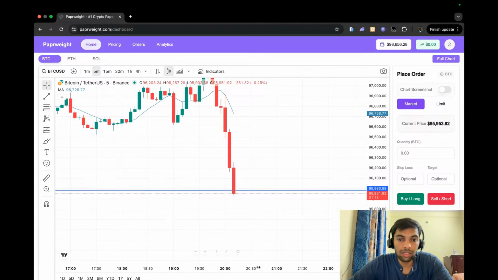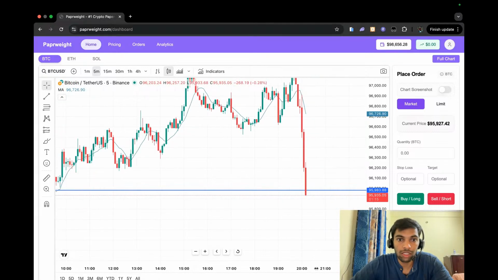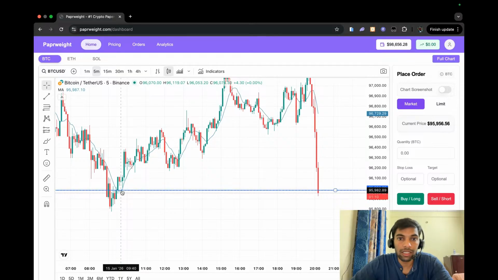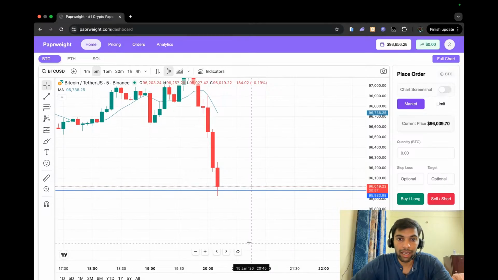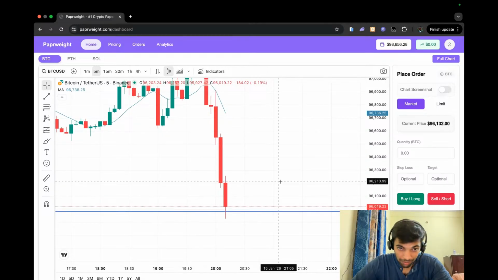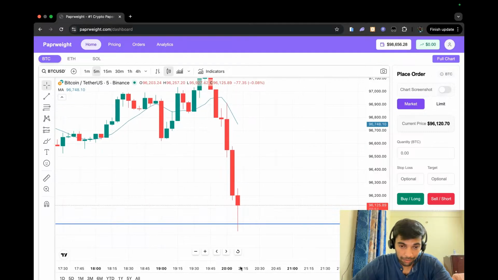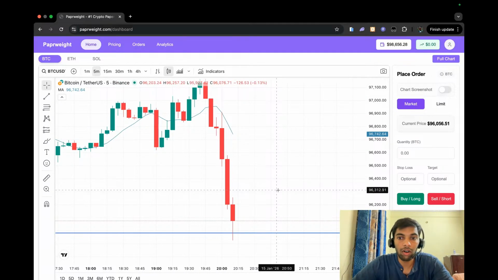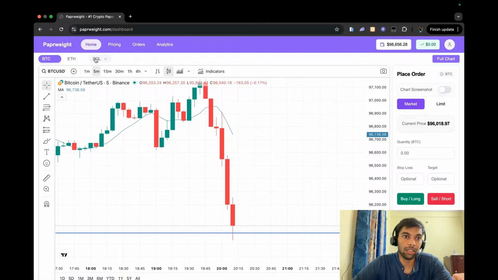So the momentum is in the downward direction. It's very extreme. You can just see that all the buyers who took the price action from here to here in a few hours, everything went in vain in a couple of minutes. So they might be in panic mode. We'll also see how the market reacts to this zone, because in Solana you can see